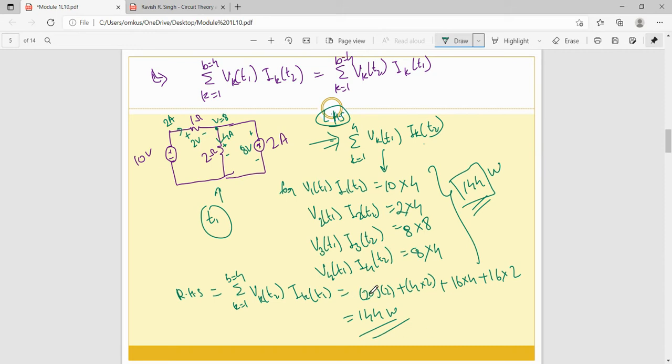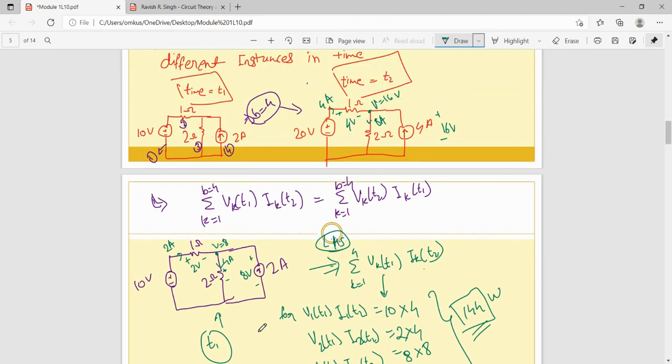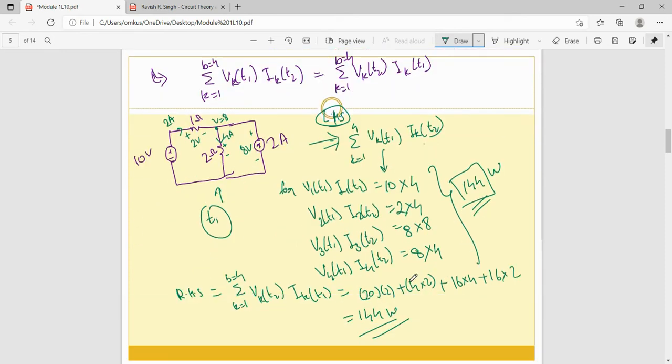Now see how to take this 20 volt. For the second circuit, you need to take voltage, right? So second circuit का voltage कितना है? 20 volt. This is 20 volt. और इसी के analogous जो first circuit का है उसका आपको current लेना है, right? इसमें 20 volt लिया, तो इसका current कितना लोगे आप? इस voltage source से जो current जा रहा है वो 2 ampere. So that's why this is 20 into 2.